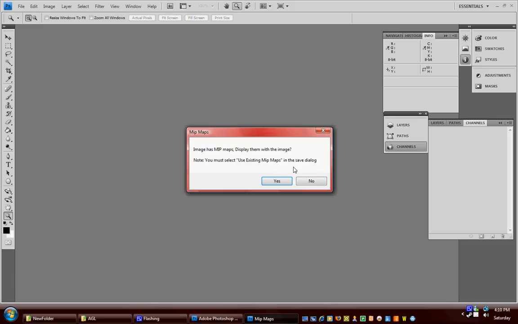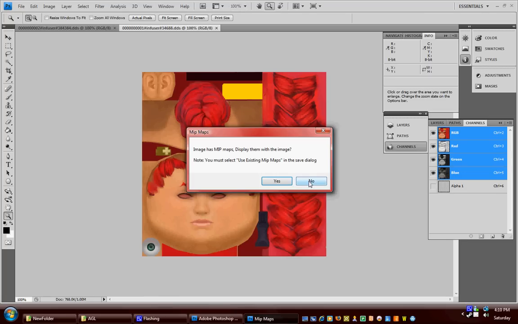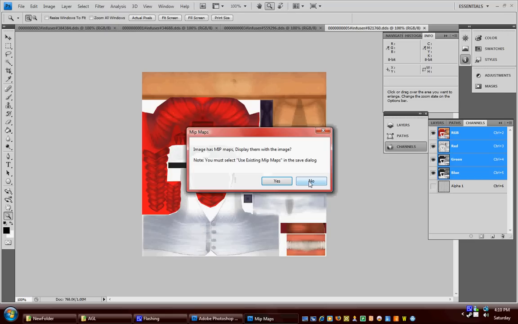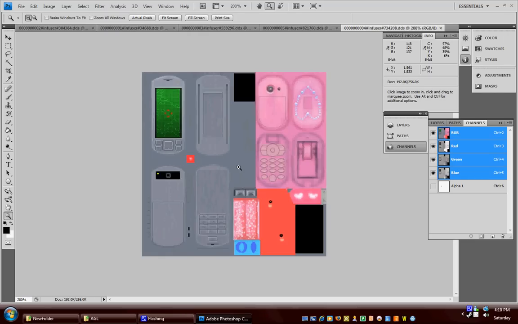When this comes up, it asks if the image has bitmaps displayed with the image. Press no, because otherwise you will get many tiny little versions of the picture, and you don't want that because it's just more confusing to edit. So here are the texture files,